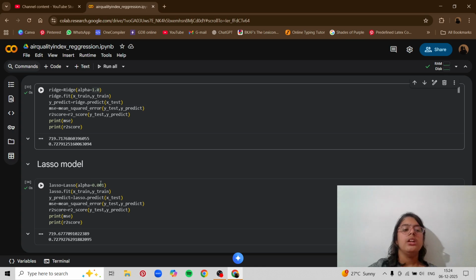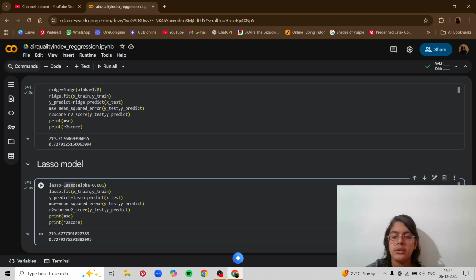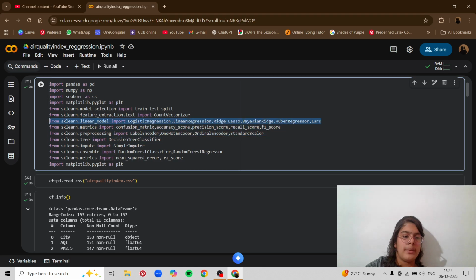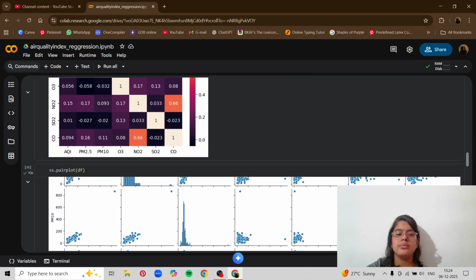In the lasso model, make sure of the capital and small letters, and also make sure to import all of these models over here. From sklearn.linear_model, import LogisticRegression, LinearRegression, Ridge, Lasso, BayesianRidge, HuberRegressor, and Lars. These are the models we are using.